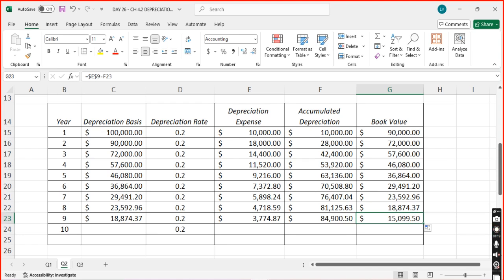Yes, because first off, it's only been 9 years, okay? And my asset can last up to 10. But most importantly, my book value has not fallen below salvage value, 10,000. So therefore, let's do it for one more year. So 15,099.50 times 20% gives me 3,019.90, which will give you your total accumulated depreciation of